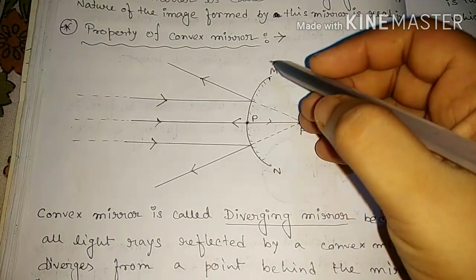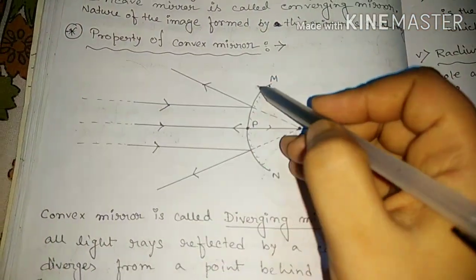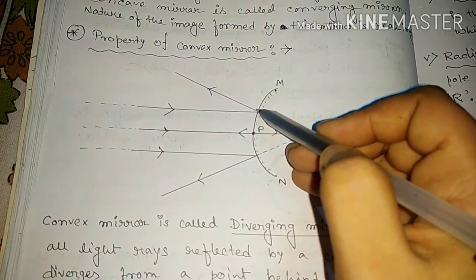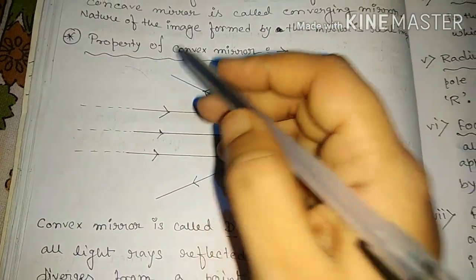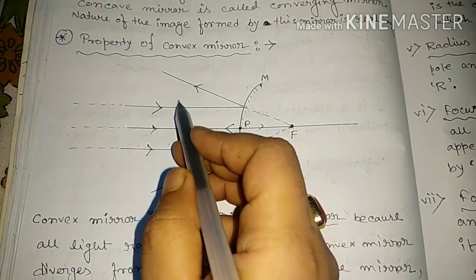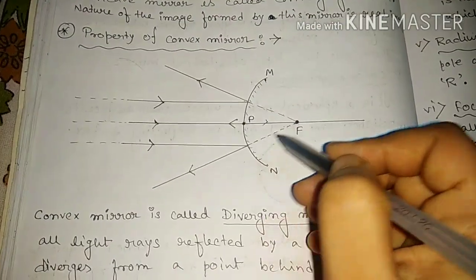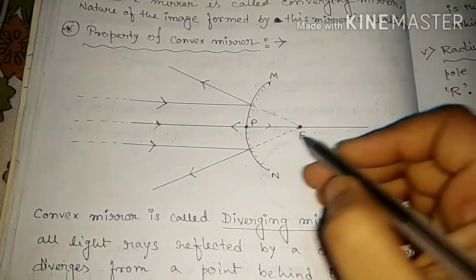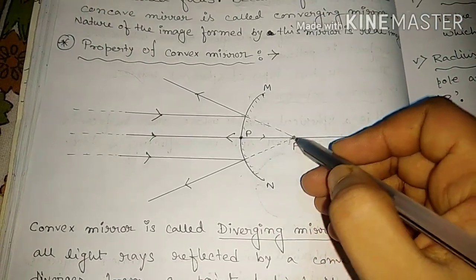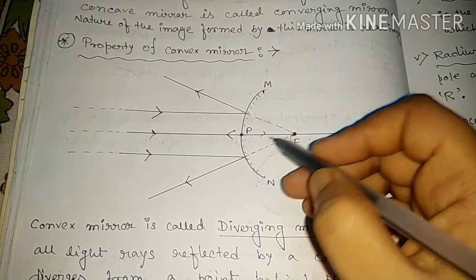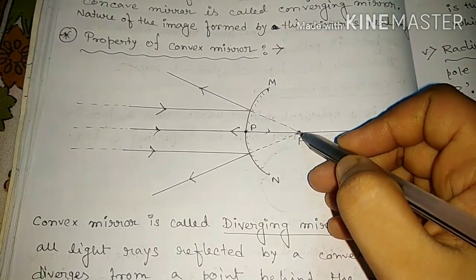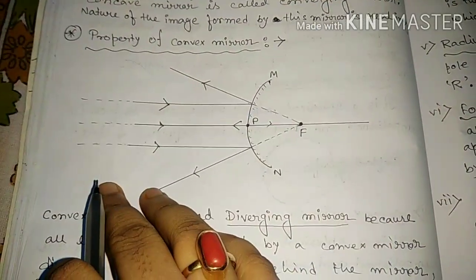In the same way, in the convex mirror, the upper surface is the reflecting surface, so when the incident ray is incident on this mirror, it will diverge in another way. Now with a dotted line, if we join these two, we consider two rays, many rays are there. If we join those reflected rays, we see that they all join at a point on the principal axis, that is called focus.